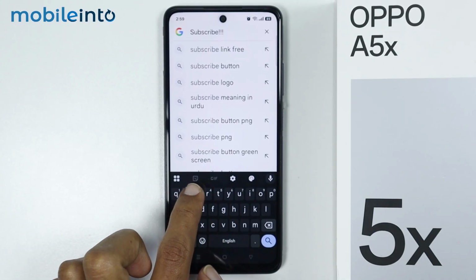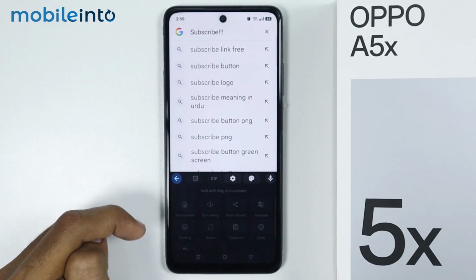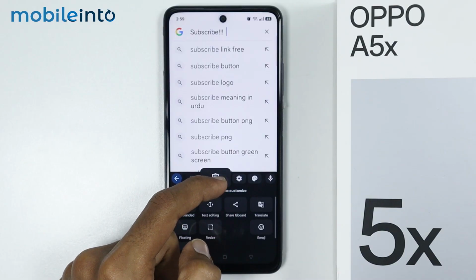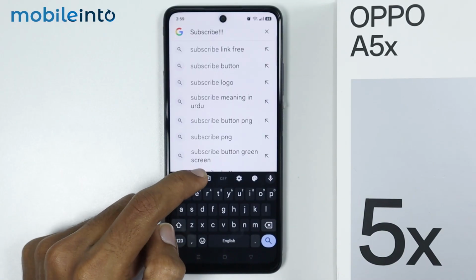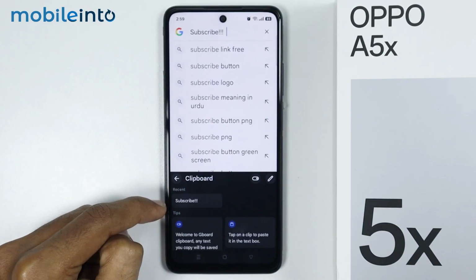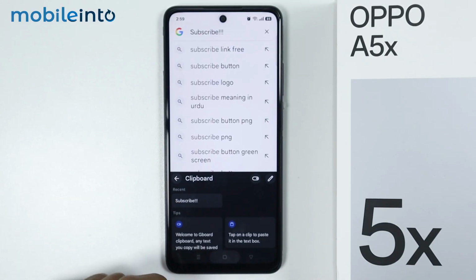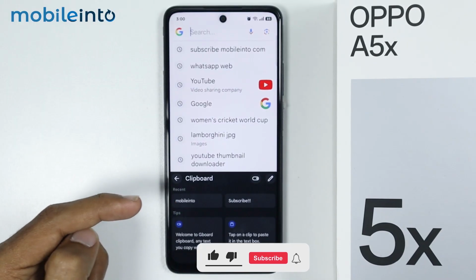But if you cannot find the clipboard icon on your keyboard, just tap on the four icons over here, then drag the clipboard icon to the suggestion bar on your keyboard. Then tap on the back button. And from here, if you tap on the clipboard icon, you will find the recently copied text in your keyboard. Just like that. And this is how you can use keyboard clipboard on the